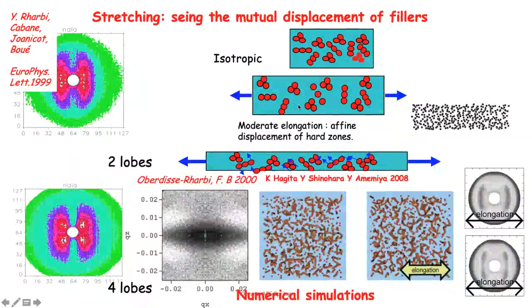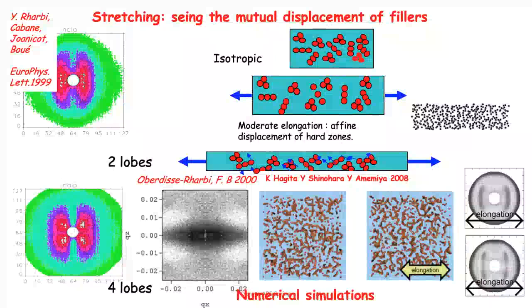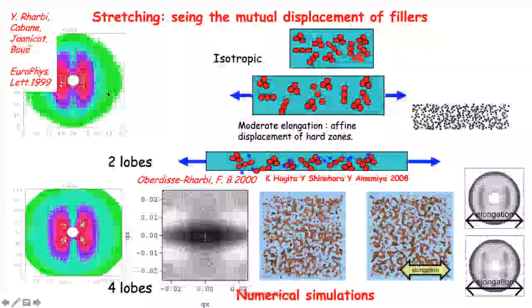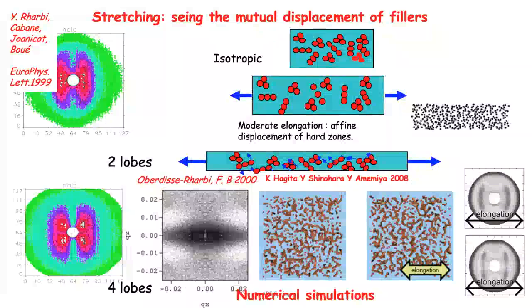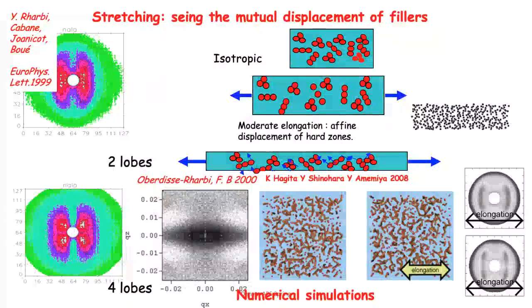So if you first assume that these distances are deformed affinely to the macroscopic deformation, you obtain this kind of shapes on the left hand on the top. Now, if you stretch your sample more, instead of getting 2 lobes, as here, you